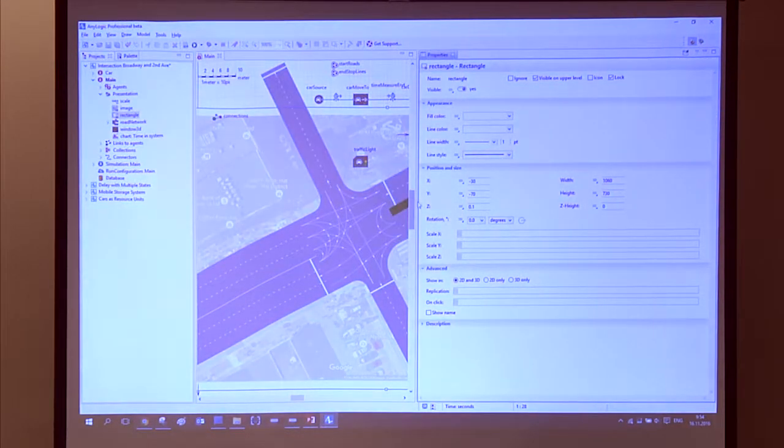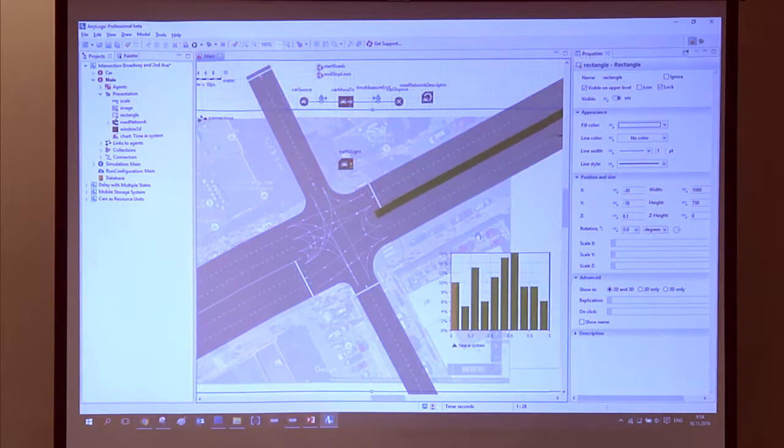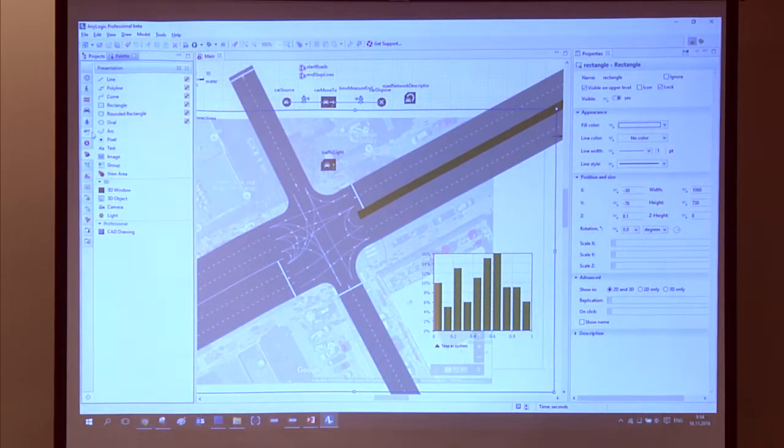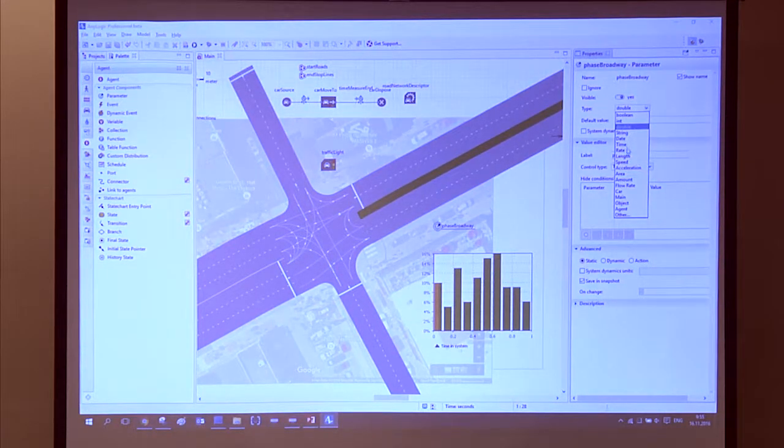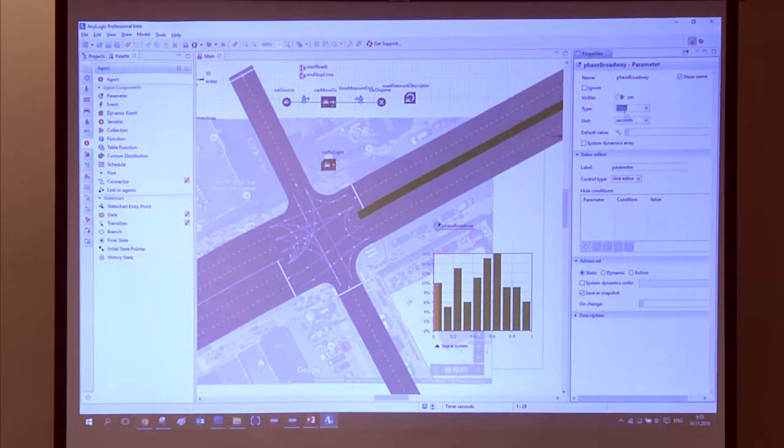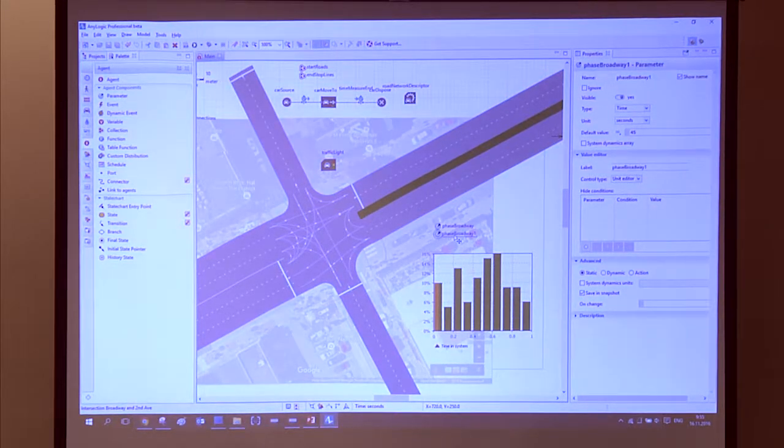Okay, to perform some experiments with this model, we need to add parameters, and I will parameterize our traffic light by adding parameters. Phase Broadway will be the length of Broadway phase. It's of time type and has a 45 seconds value by default, and one more parameter,